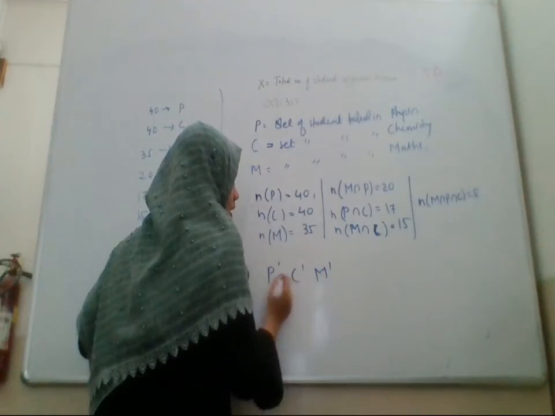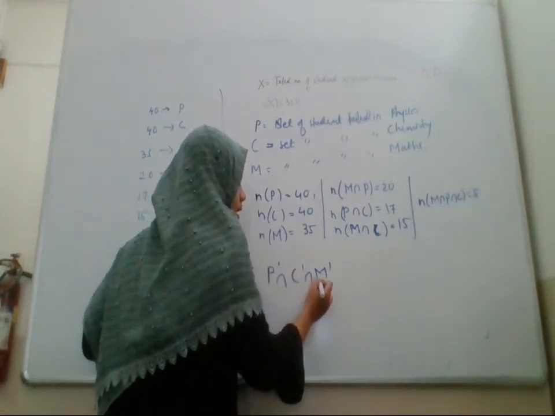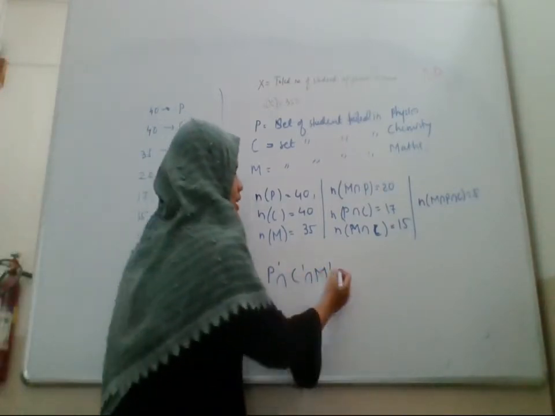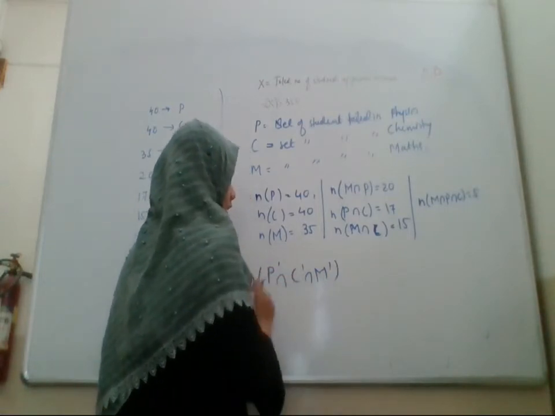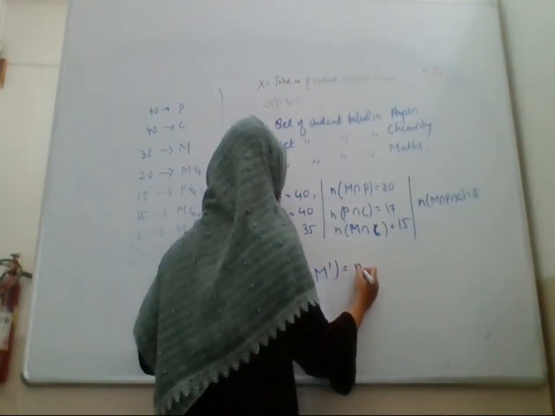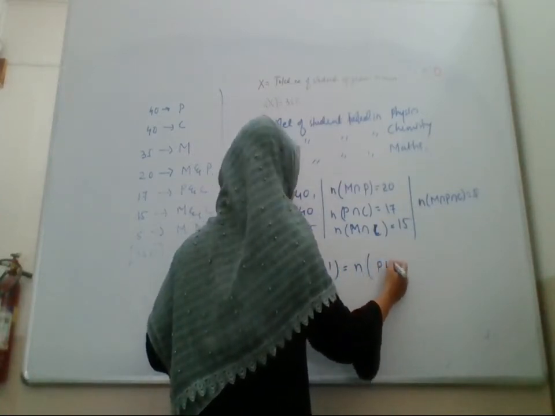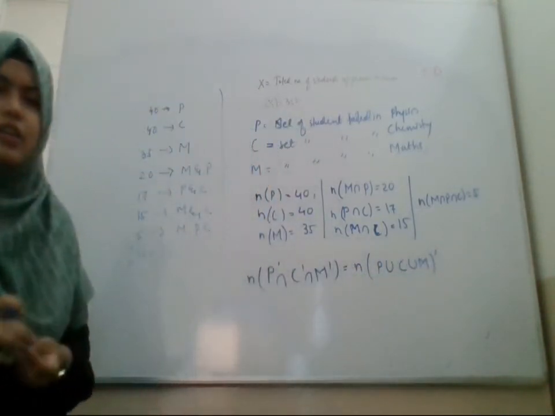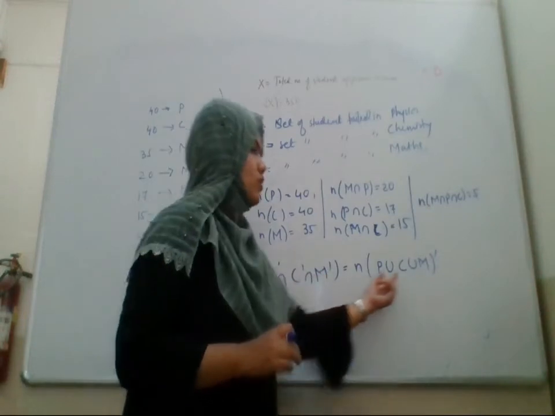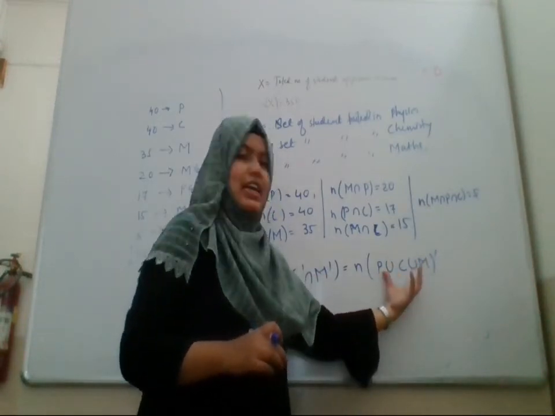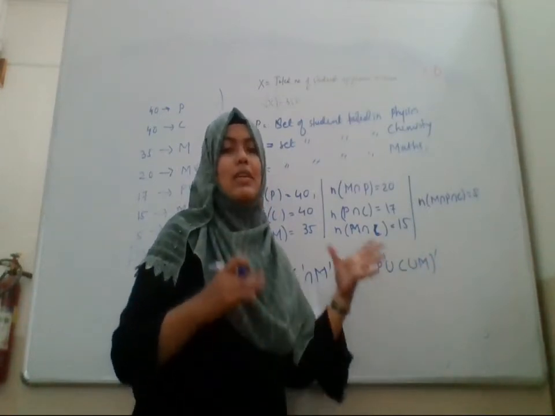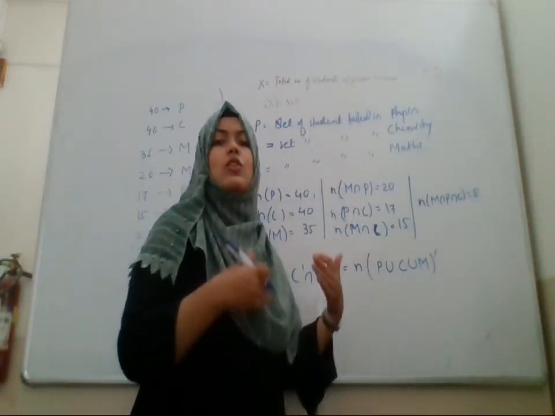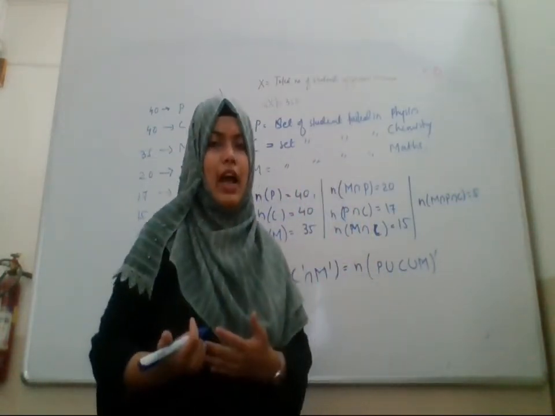So we need to find P complement intersection C complement intersection M complement. Okay, clear? We have to find the cardinality of this set. But by De Morgan's theorem, this is equal to the cardinality of (P union C union M) whole complement. So by De Morgan's law, this equals this. So we need to find this set. अभी मैंने बोला था कोई भी सेट की कार्डिनैलिटी फाइंड करना है तो it's better कि होल सेट में से वो सेट को डिलीट कर दो तो उसके कॉम्प्लीमेंट की कार्डिनैलिटी मिल जाएगी.